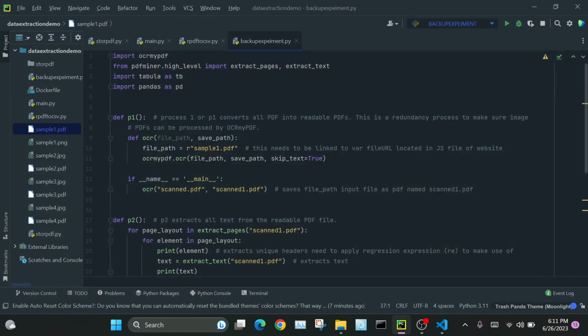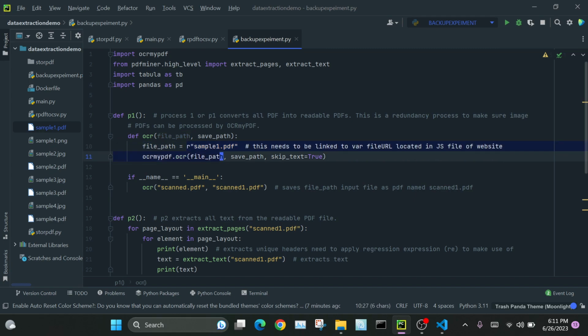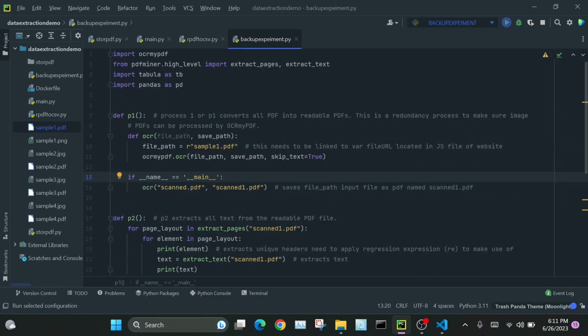So we are going to run this through this Python PDF extractor tool. Okay, so right now the file path, the input file is selected as a sample PDF, which is inside this folder along with this Python script. So if we run this now,